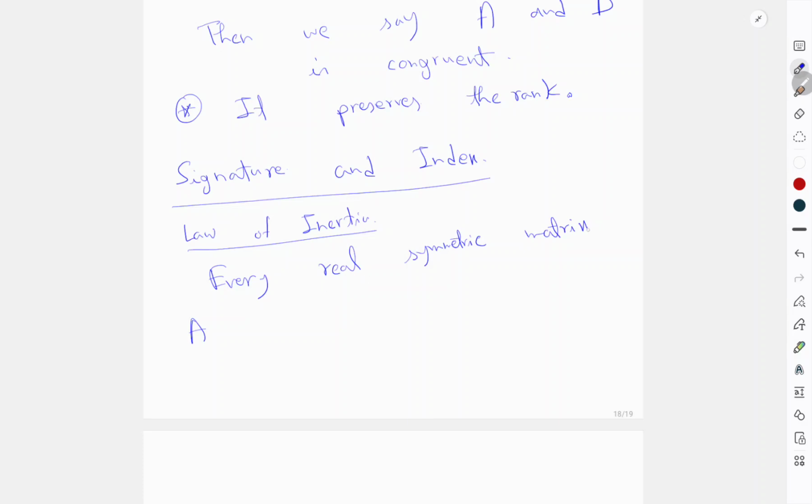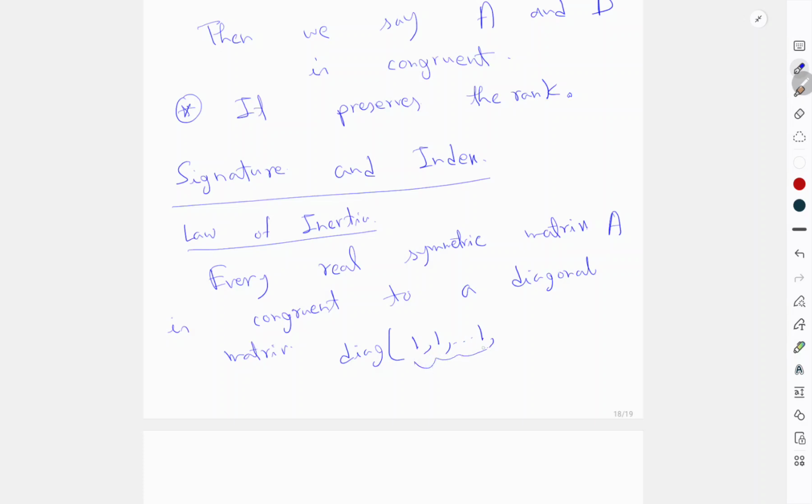A real symmetric matrix A is congruent to a diagonal matrix, diag of 1 1 dot dot dot 1,